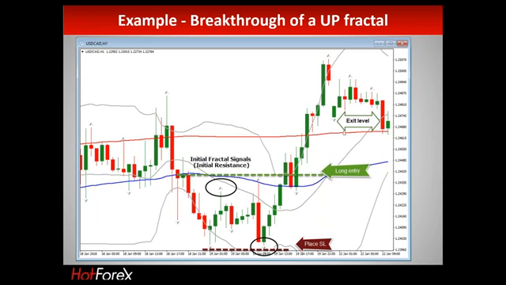So, the break of the 20 period moving average, you see that strong red candle break the 20 period moving average, cross the lower Bollinger Bands pattern, and also hit the 200 period moving average. That's a confirmation of our exit. That's a confirmation that we have to exit the market if we want to stay with profit and not break even or loss.